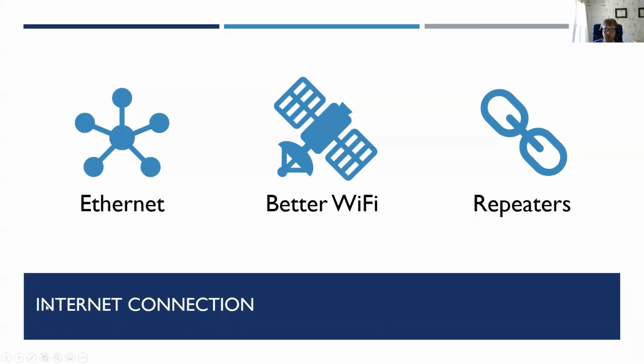So the most important thing in our opinion is the quality of internet connection that you have. The best option, of course, is to be hardwired into your Ethernet. For some people, this just is not an option. The modem is someplace far away from where you'll be doing debates and it will become very, very difficult. Sure, there are great Wi-Fi routers out there that can be used to ensure that you are connected, but most